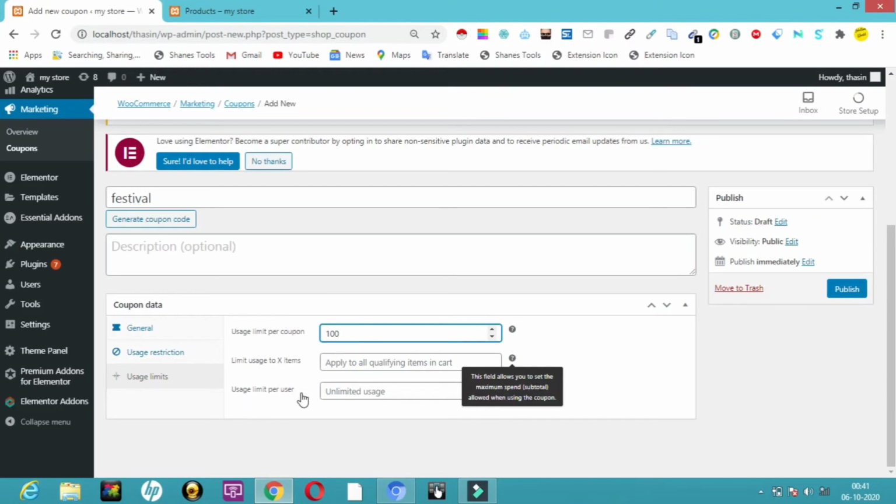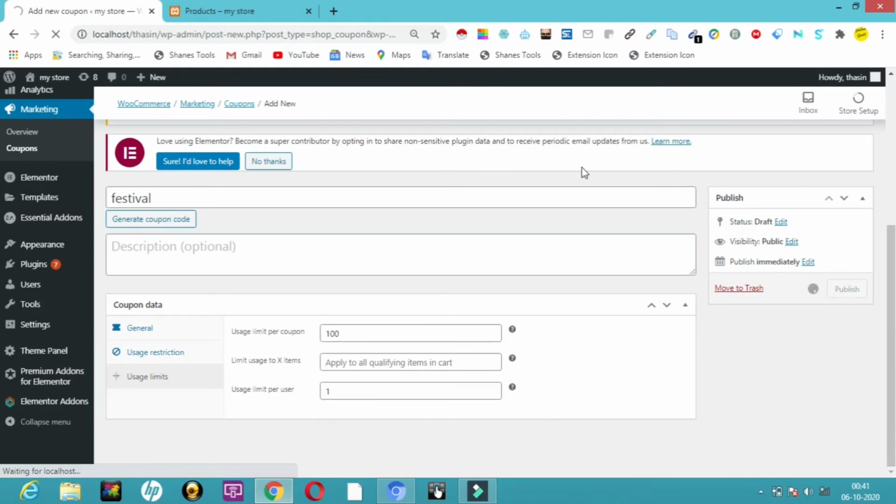For usage limit per user, the user can use this coupon only once from his account. I have given 1 here, so he cannot purchase again and again back to back. If you want 2 times, you can have it. Once you're done with all the settings, just click on publish.